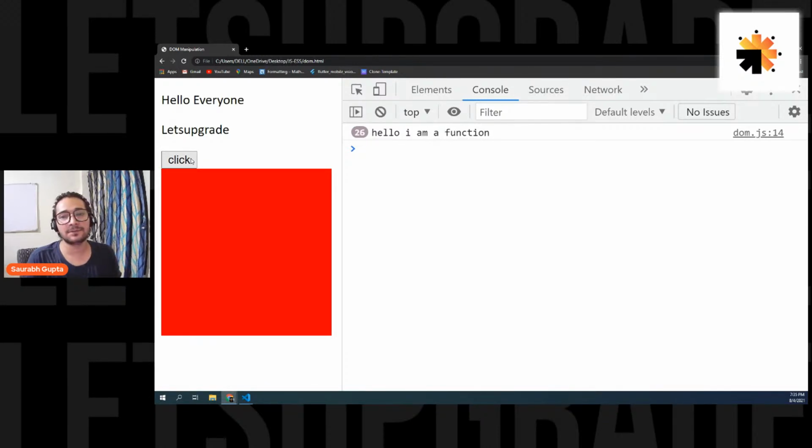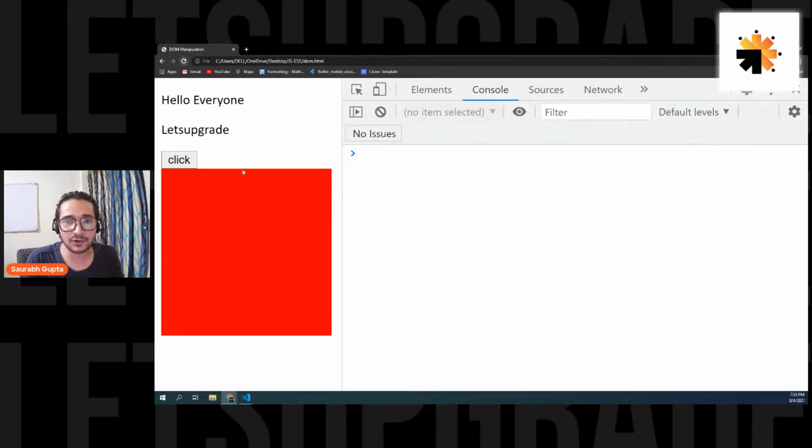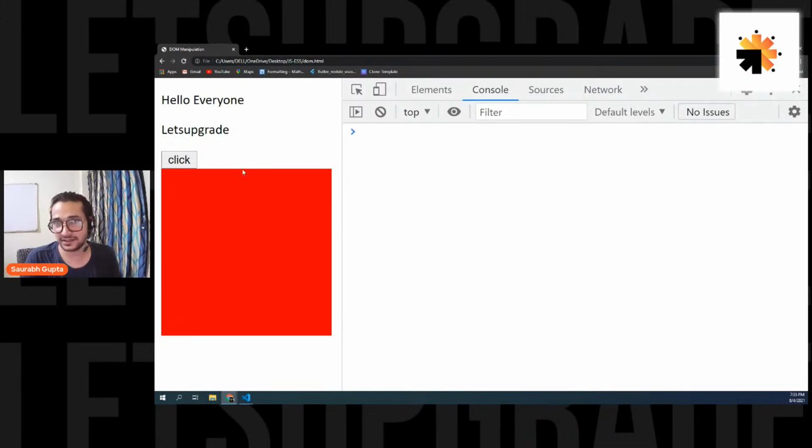Is that clear, everyone? Are we clear with this? So that's how you can perform a user event. When the user clicks, you can do this. Now, click is a single user event. You have double click, you have hover, you have mouse move, mouse in, mouse out, mouse down, mouse up. You have a lot of events. And don't worry, in future, we'll also learn all of those as well. But in this case, click is enough. So guys, are we clear with onClick?